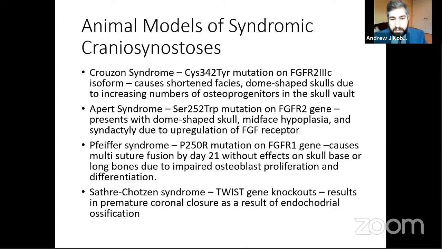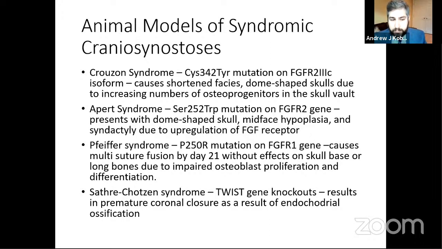Apert syndrome, we've understood to be a serine to tryptophan mutation on the fibroblast growth factor receptor 2 gene that presents with a dome-shaped skull, mid-face hypoplasia, and syndactyly due to upregulation of this receptor. Pfeiffer syndrome is a proline to arginine mutation on growth factor receptor 1, which causes multisutural fusion by day 21 without any effects on the skull base or the long bones, and it's really a result of impaired osteoblast